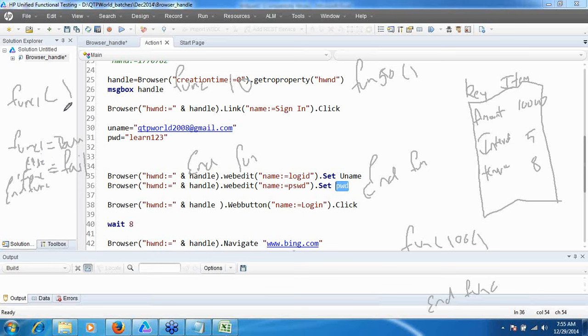No, in function 1, we can return either pass or fail. Only one value can be returned. Same way in function 10 also, and for any function for that matter, only one value can be returned. Generally in our framework, that one value will be either pass or fail, because we navigate somewhere, validate something and